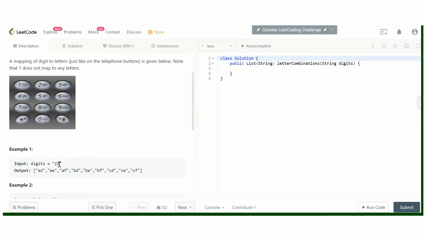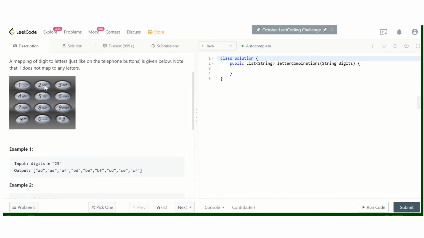When our recursive call terminates, we return to this 3, and now we replace it with e, so our string is going to be ae. We propagate the call to the next recursive call, but the end of the string is reached, so we return. In a similar way we replace 3 with f, so it is going to be af. Now we have explored all the possibilities for 3, given that we took a at the 0th index.